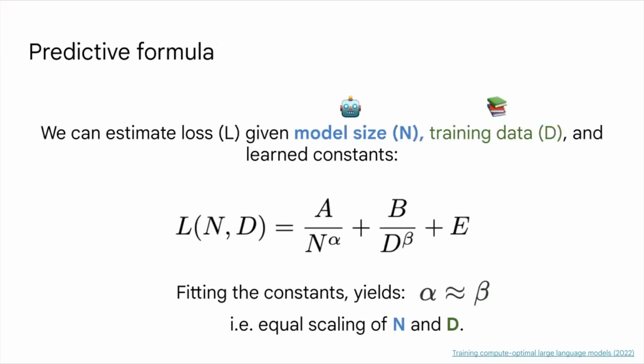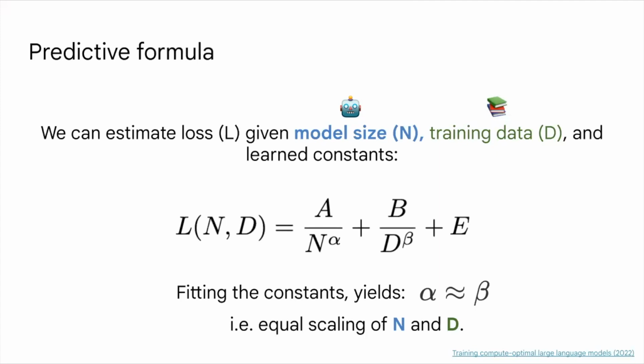And in that same work, they also put forth a formula for directly estimating the loss L given those two ingredients, model size and training data. So we can directly estimate the performance. And they relate to each other with a bunch of constants. So we have 5 constants, A, B, alpha, beta, and E, and then the parameters N and the training data D. And they fit these constants on many training runs and find that alpha is roughly equal to beta. And this